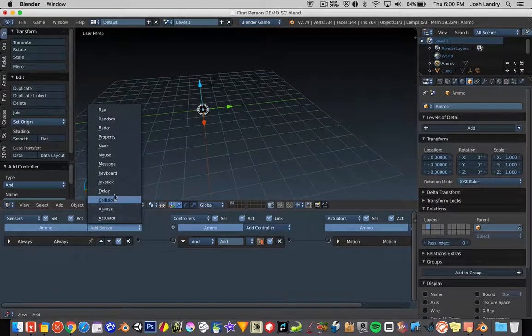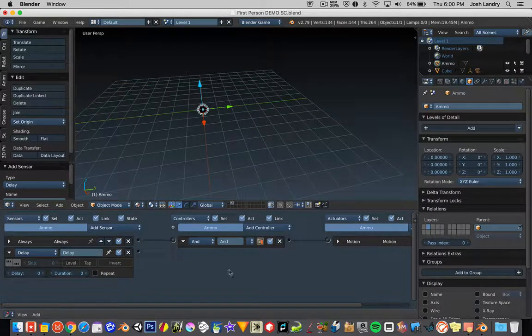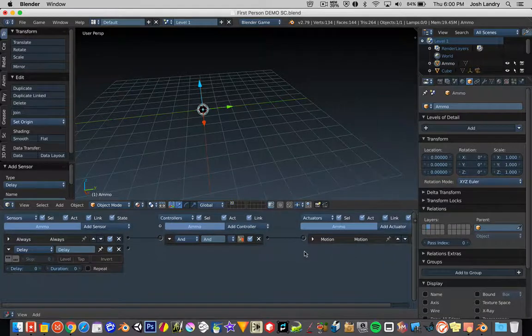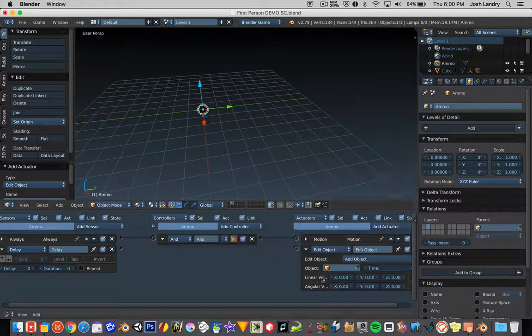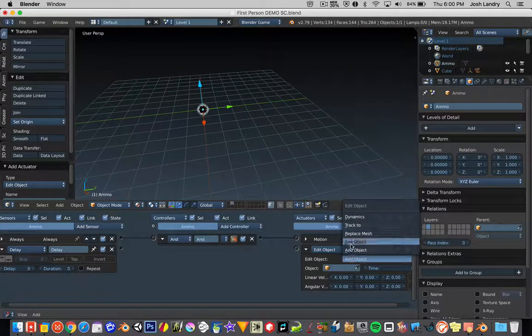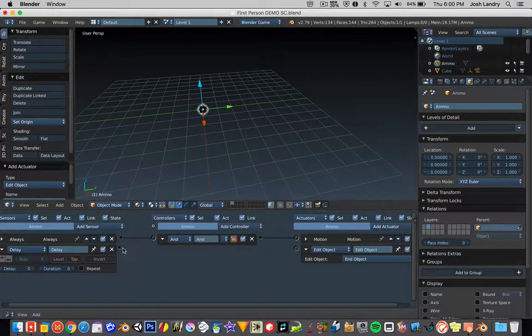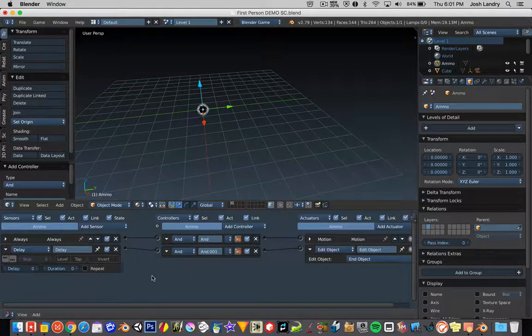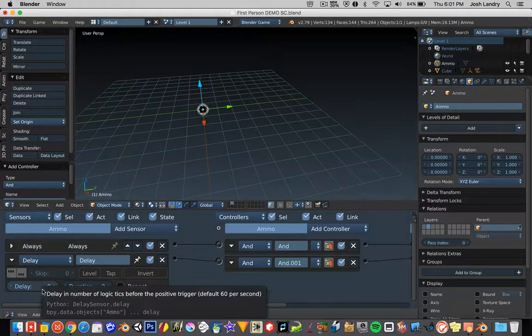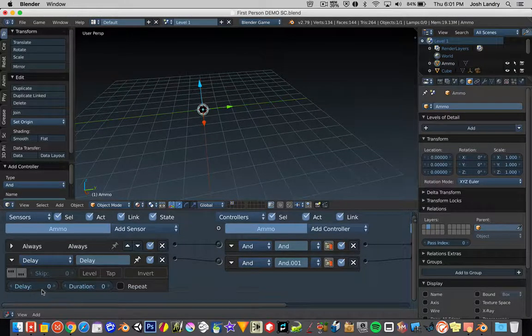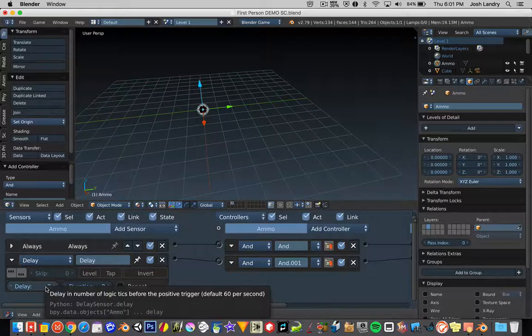So to do that, I'm going to do a delay sensor, and for actuators, I'm going to do an edit object actuator, and I'm going to end the object. So after a certain amount of delay, it will end the object. So the last step in this tutorial is right here, the delay. This number here, which is currently 0, is not measured in seconds. It's measured in